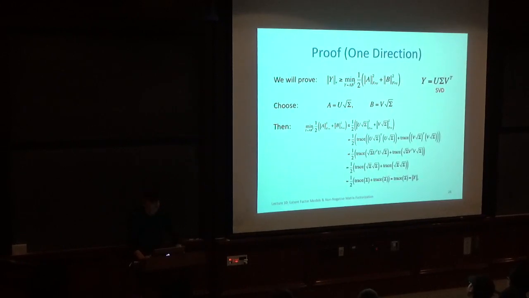Here's the proof in one direction, the easier direction, just so you can see how we can use some of the identities we talked about in the beginning of lecture to prove some of these properties. So the full proof is, of course, you prove both equalities, inequalities in both directions. And then we'll assume that we have the SVD representation of Y. Okay. So to prove one direction,